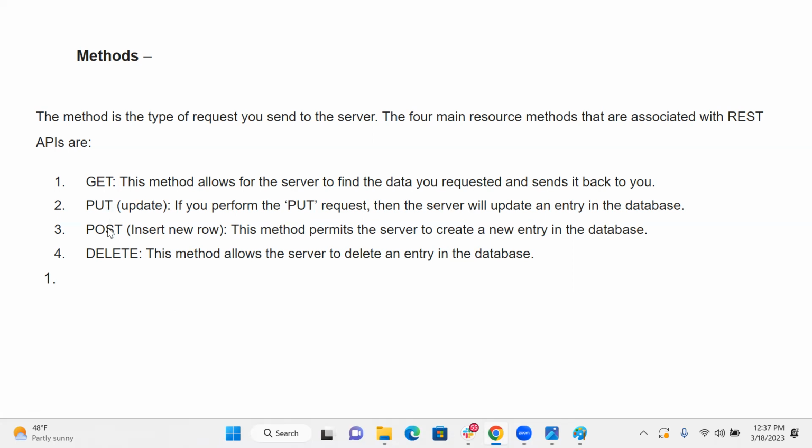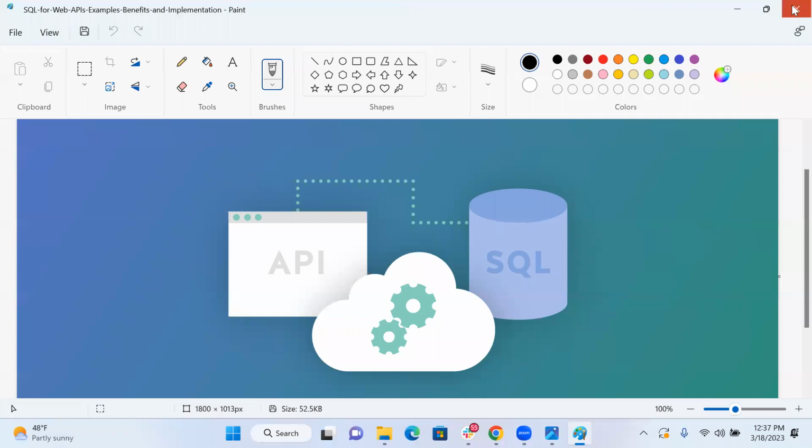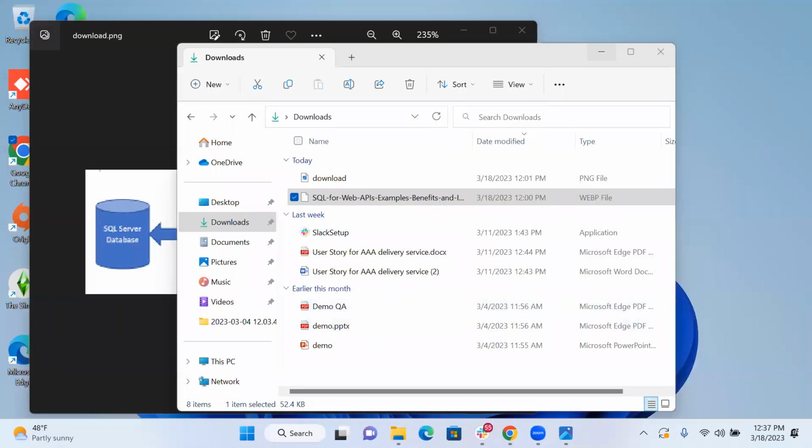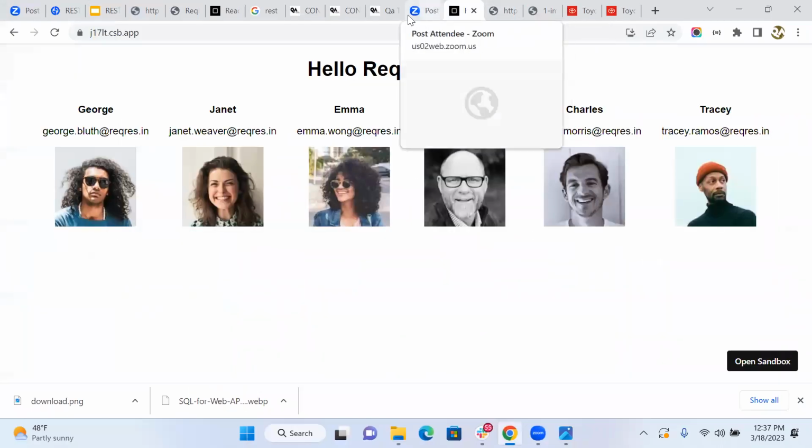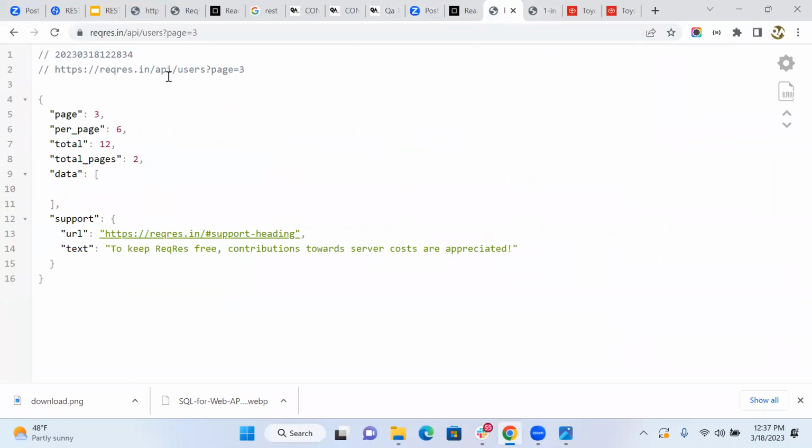Get is very common. Now, in Toyota.com, when I'm searching for a car, is it get, put, post, or delete? Get. You are searching. Search is get. Get me something. So now I'll show you on this website what we are doing here, right? If you look at this page,